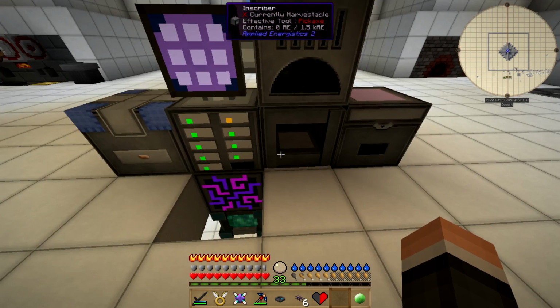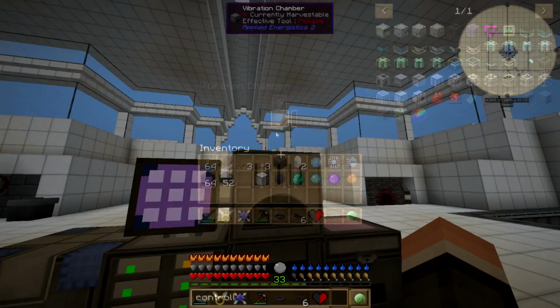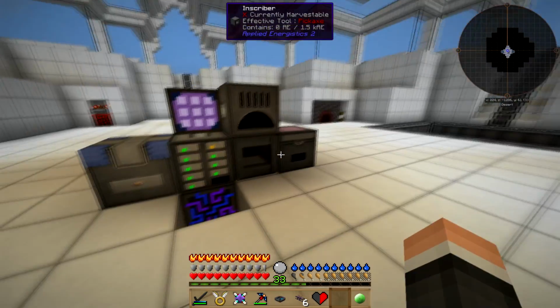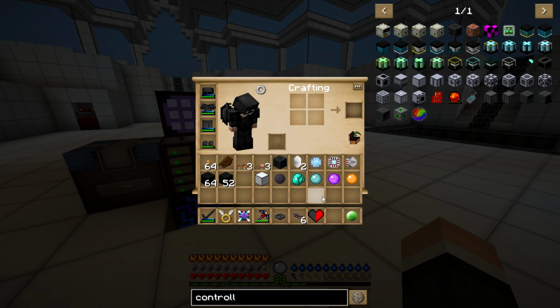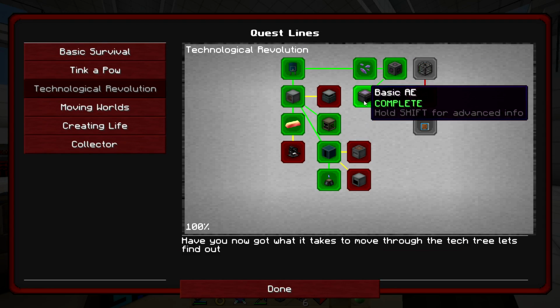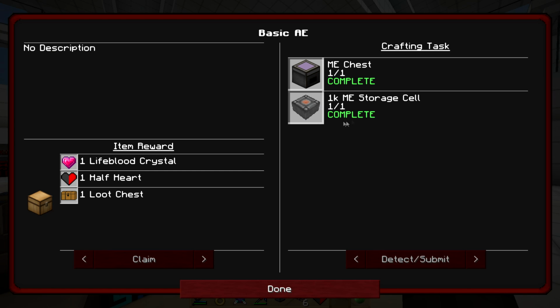And does it have a redstone mode? No, it doesn't. I wish it did. Then you could just put a panel and just run it when you want to use it. Other than that, I did a couple more quests there. I also did this one, so I had to make one more 1K